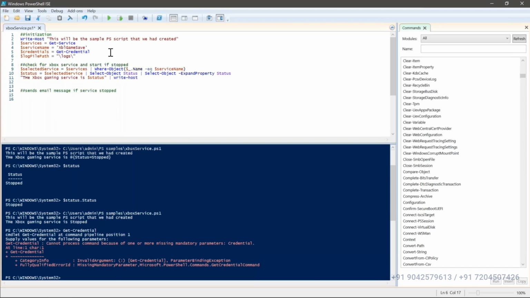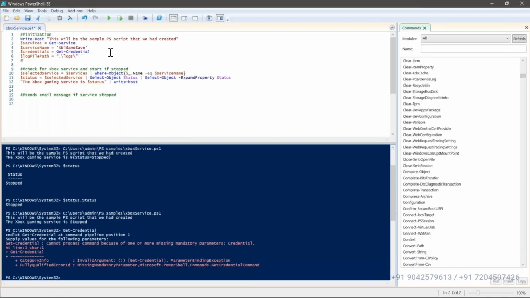Things like that. If you want to define anything that will be true for your entire script, like credentials, paths and variables. Let's say you want to send email messages, right? You want your from address and your to address defined earlier, I mean at the start of your script. So it will be your from email address, and then for the email address you can define